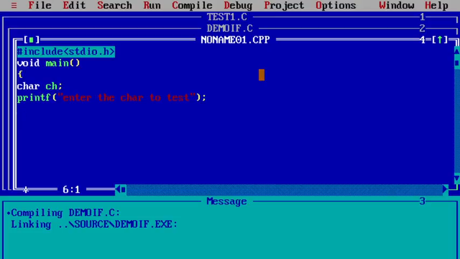Then to enter, in the sense you have to read it, right? Then the read statement is what? Scanf.